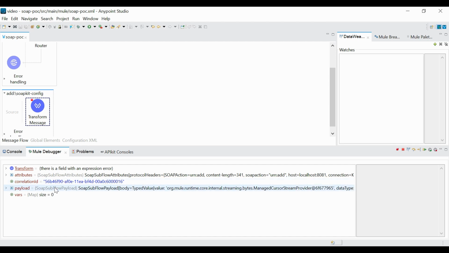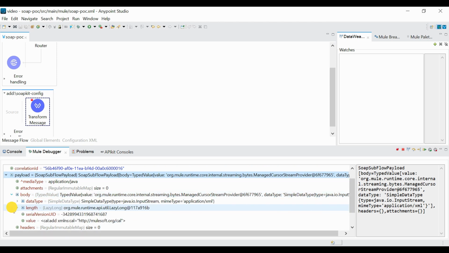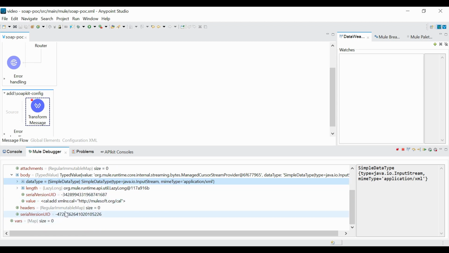In the payload we got something like the flow payload. Let me open this one and see. Inside this payload we have a body, and inside this body we have the data type and the length. In the header we are getting nothing in the request, so the header is returning 0.